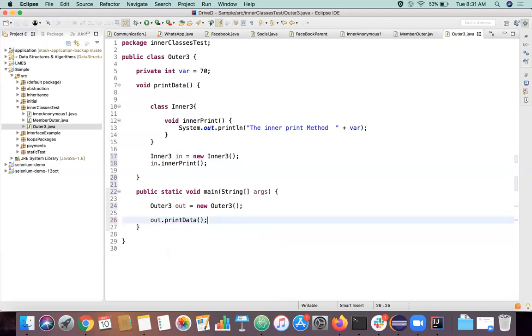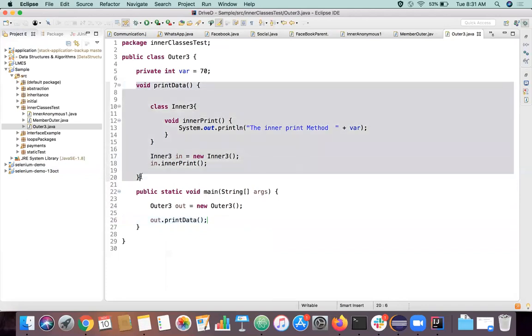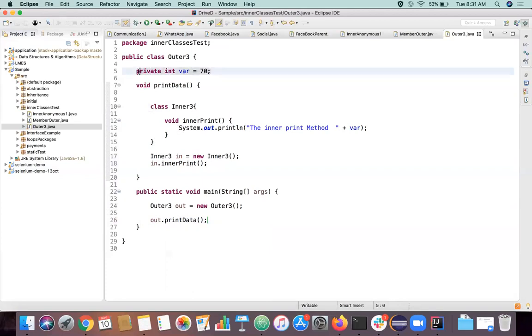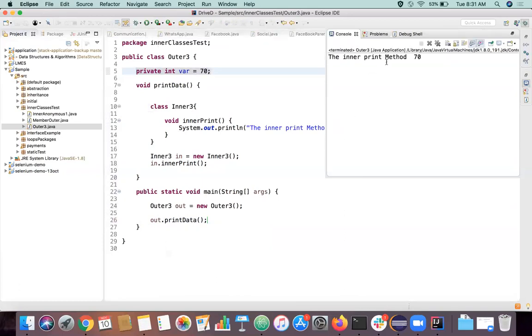Now what will happen? This print data method will be executed. Inside this print data, we have an entire class itself, and we create the object for that class and call this method. This method prints this variable, which is a member of this outer class. So we are getting the same output here also.